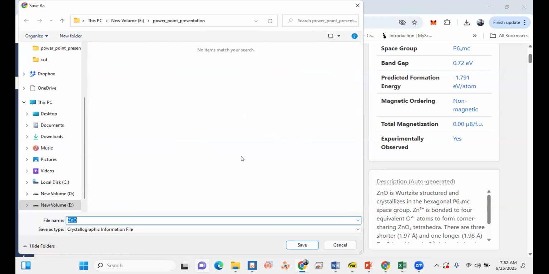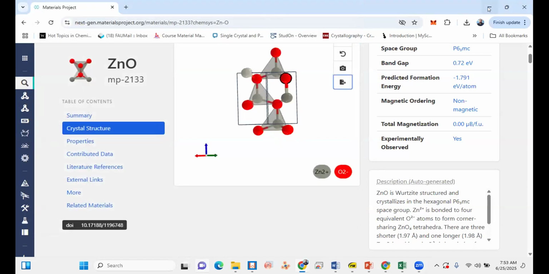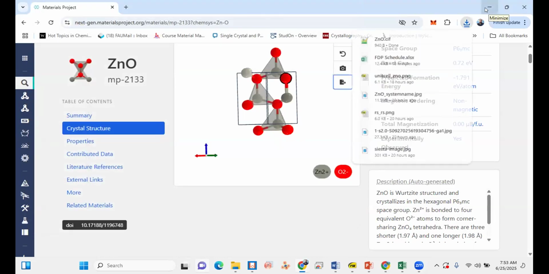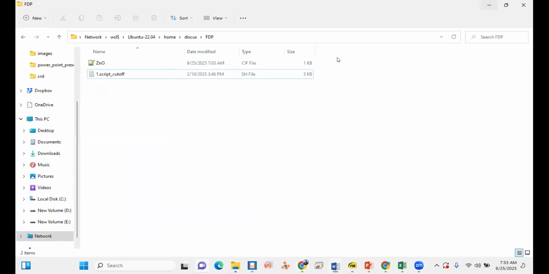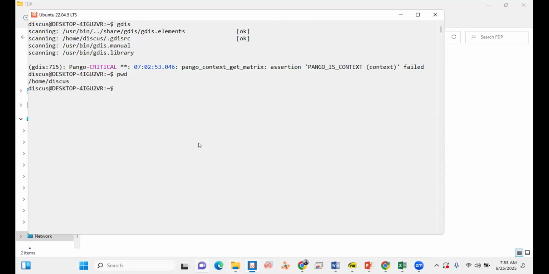So the CIF file is downloaded. Once the CIF file is downloaded, then we go to the Ubuntu system.